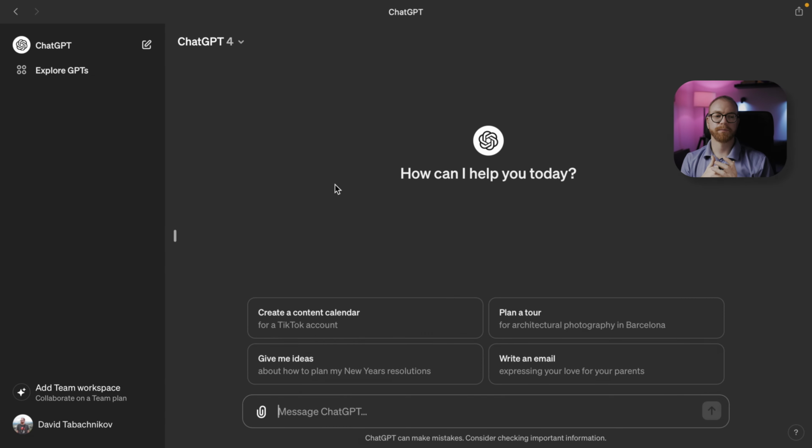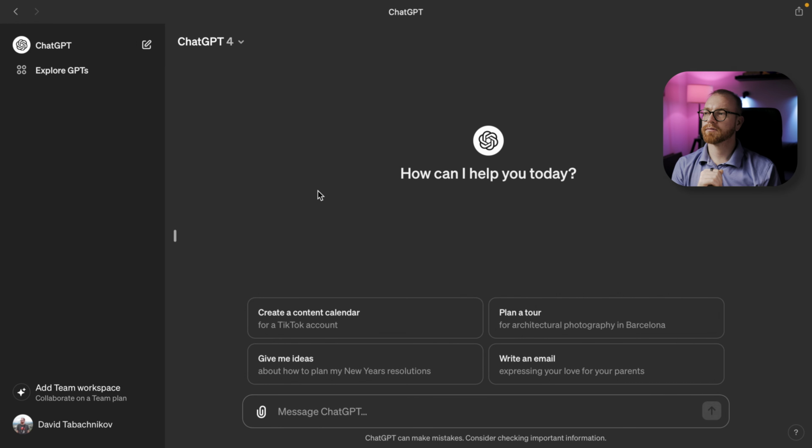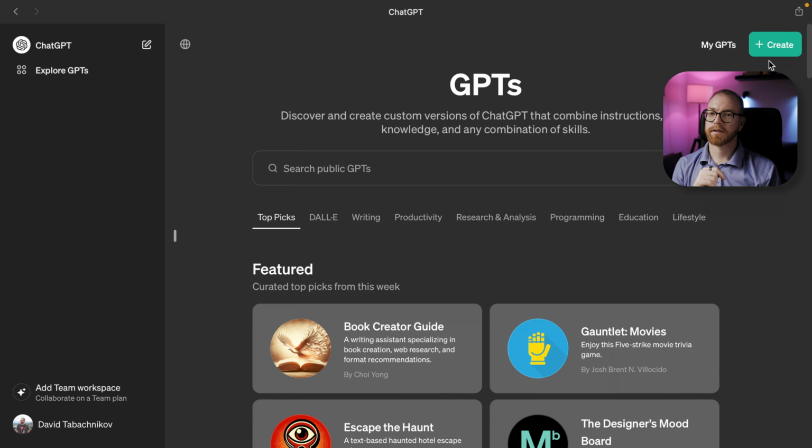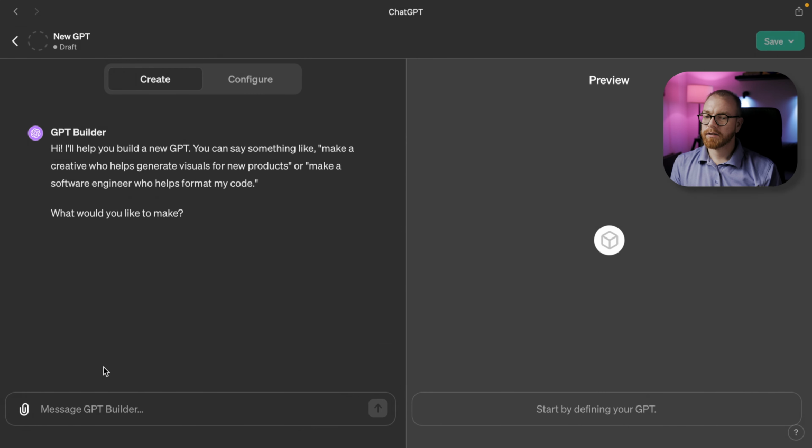In order to create the GPT itself, you basically go to Explore GPTs and create a GPT. And the GPT builder essentially asks you, what would you like to make? So we will say something like,